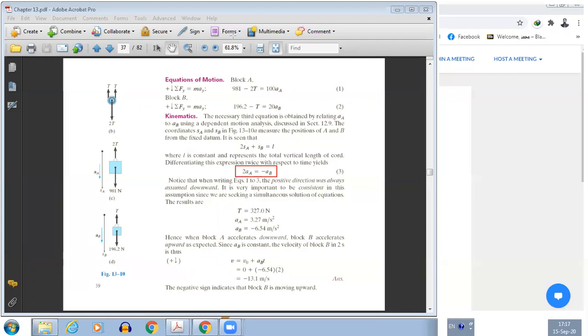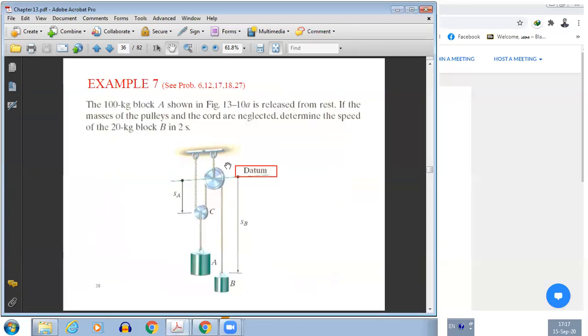Now, since we put our datum up, anything moving towards the datum is negative, anything moving away from the datum is positive. So let's put y positive in the negative direction so that it coincides with our datum selection. Okay, so if we put y positive in the negative direction, then